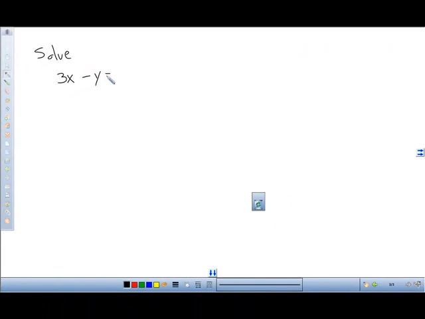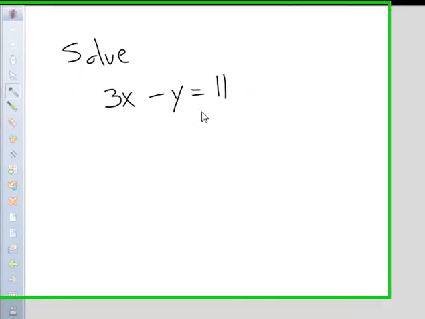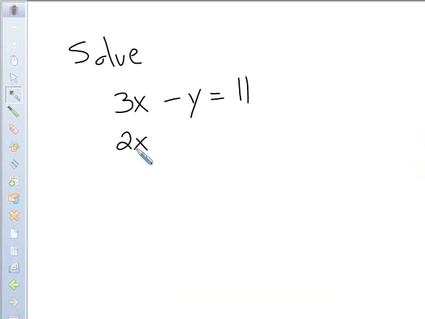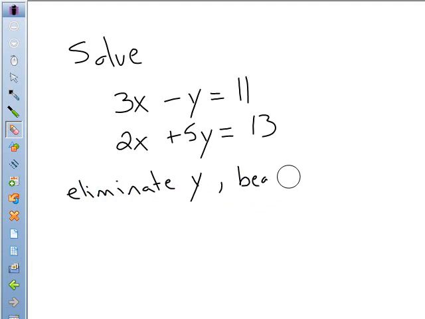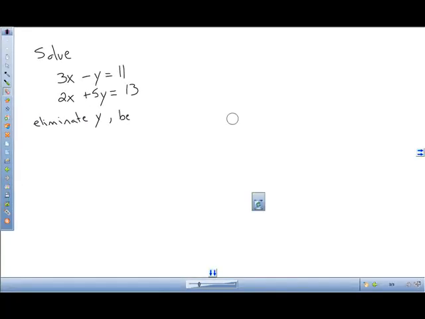Let's go try another. You might like this method better than substitution. Might not. 3x minus y equals 11. And 2x plus 5y equals 13. And again, you do have to decide which letter to eliminate. I'm going to eliminate the y's